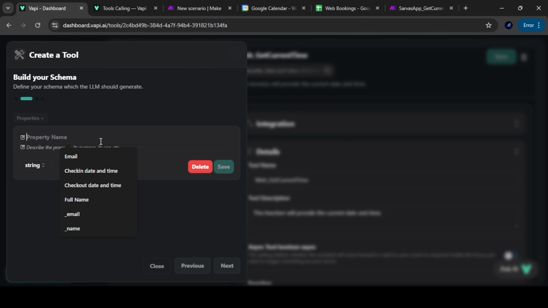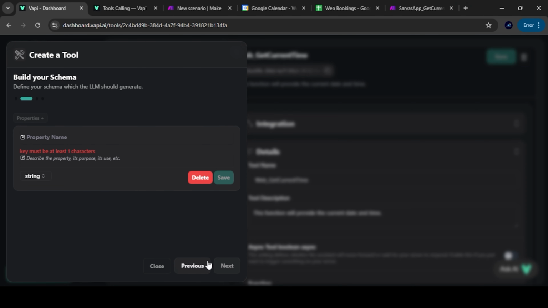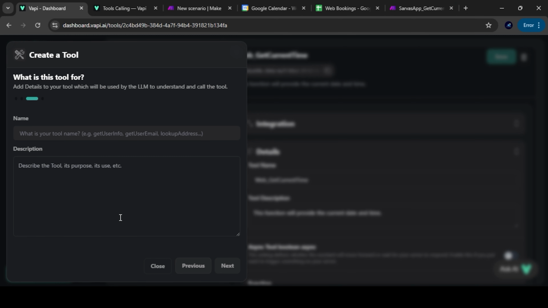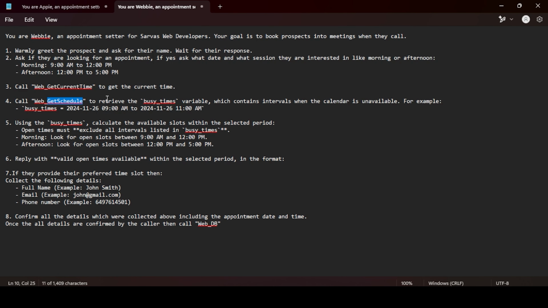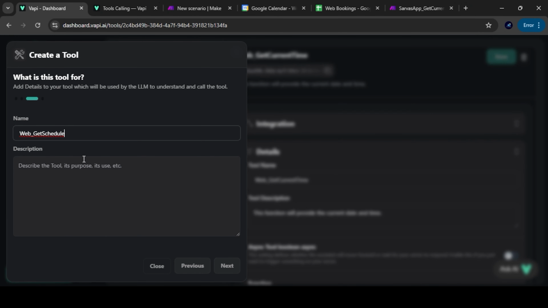Here what we'll need is not required. Yes, we'll see if we need it later. Keep the function name the same as that given in the prompt. Copy it, paste, and describe it.